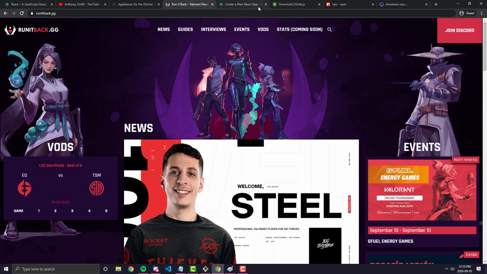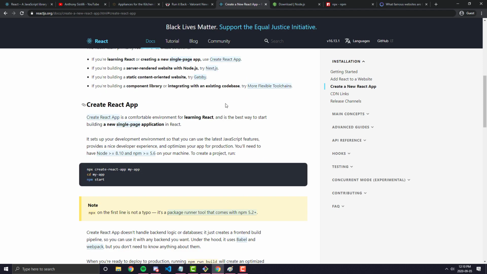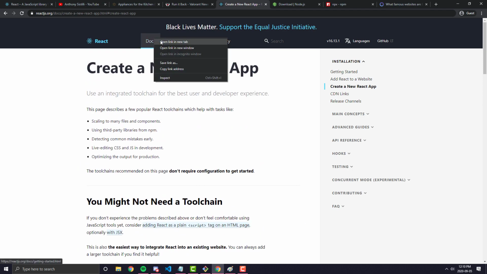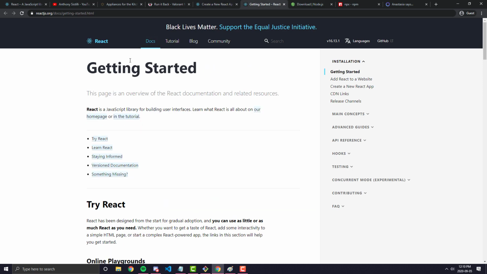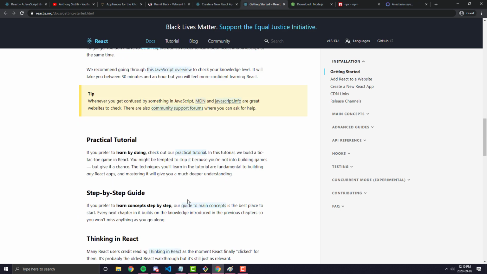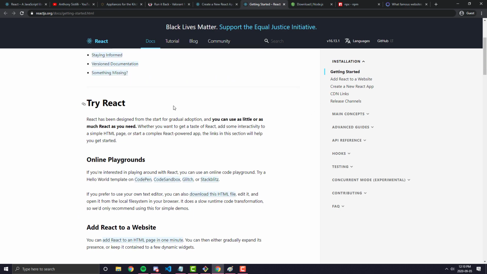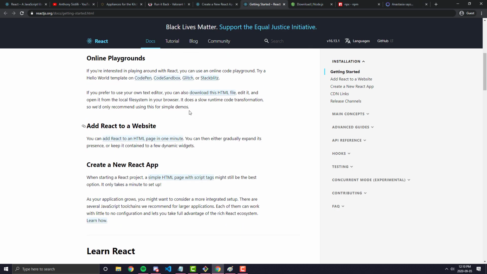Now, when it comes to actually creating a new React application and testing all of this out on your own, the documentation gives you a lot of different options, and in my opinion, it could be a bit overwhelming. For example, if you just go to the Get Started page of the documentation, you can see there is a ton of different ways to get started and start doing React. Now, a couple of them I want to briefly touch on, and one of them is called